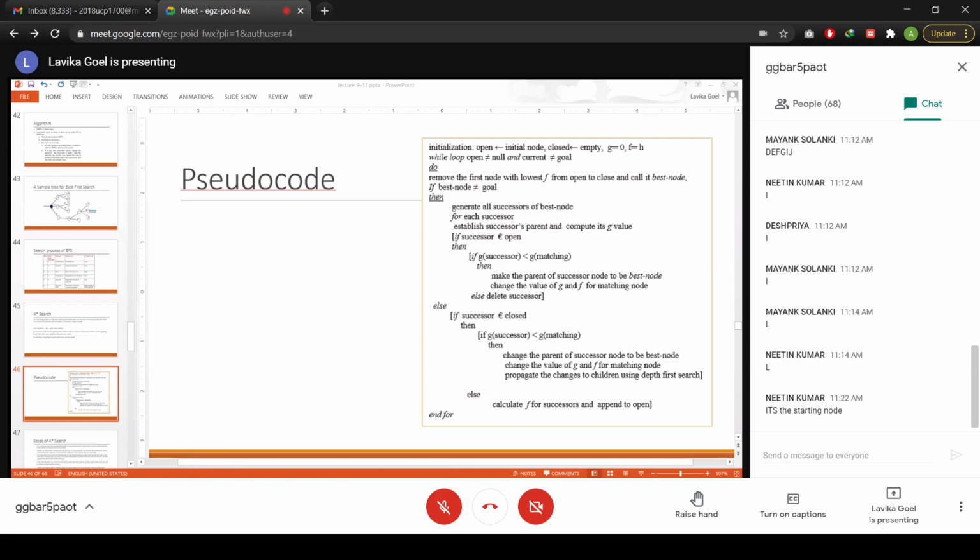Since the path to B has changed, the path to B's children has also changed, right? So that is why you need to update the G value of B's children also. Propagating the changes to the children means that you will update the G value of the children. And if the G value gets updated, F value will also get updated because F is G plus H.